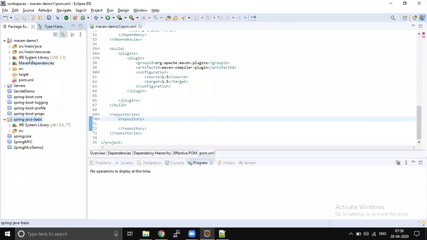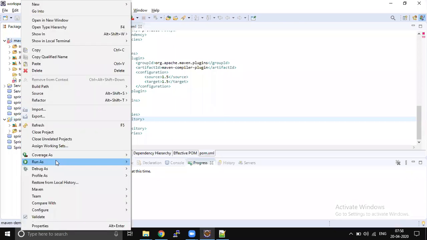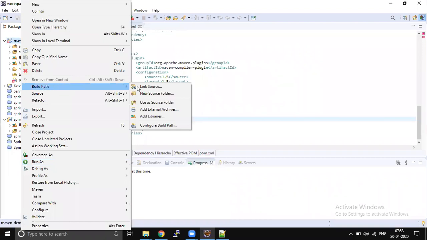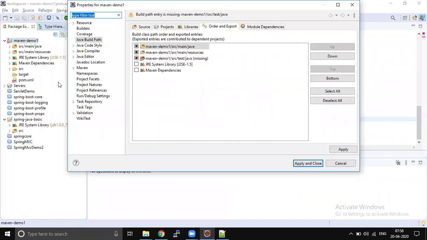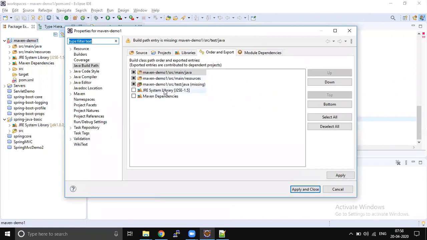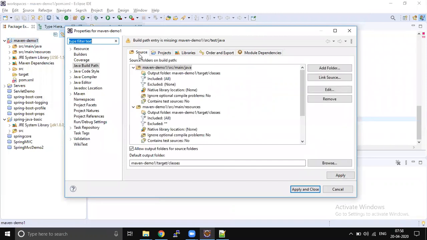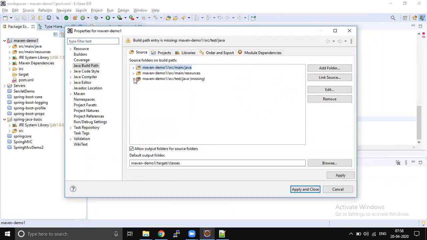Okay, so for every Java project Eclipse will maintain an option called build path, right? In build path, there is a tab called source. Under source, whatever folders are selected, SRC main Java, SRC main resources, SRC test Java, SRC test resources, right?